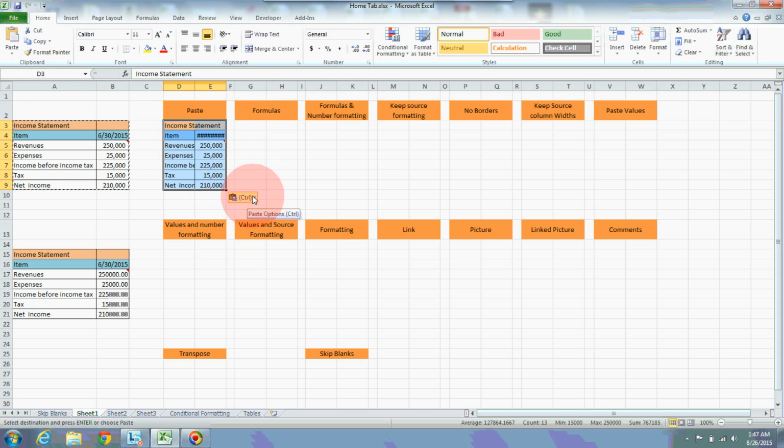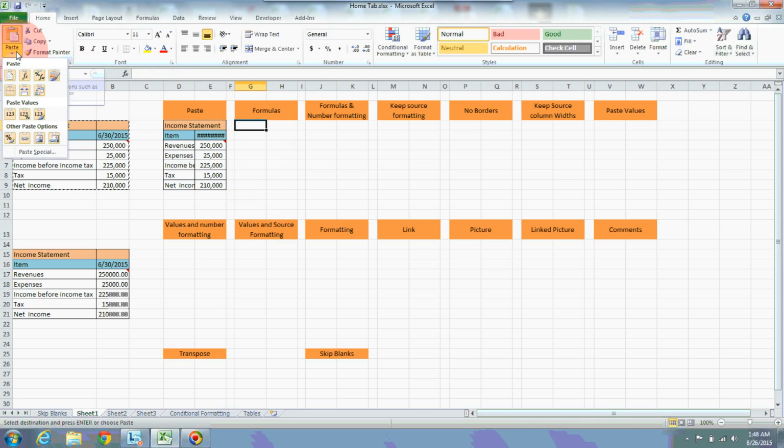There is a small smart tag that appeared under the table. You can also utilize the same options from the smart tag, which appears right below the table. If you click on it, these are all the options available under the smart tag. The same options are available under paste also. Let us explore the next option.